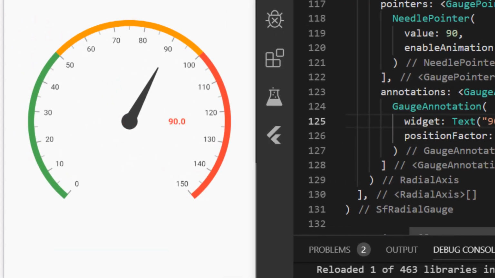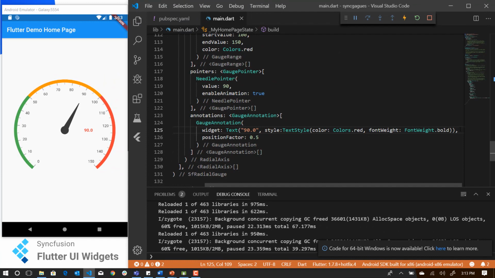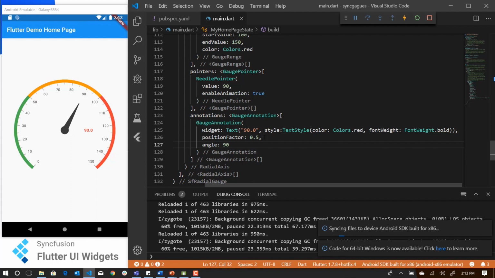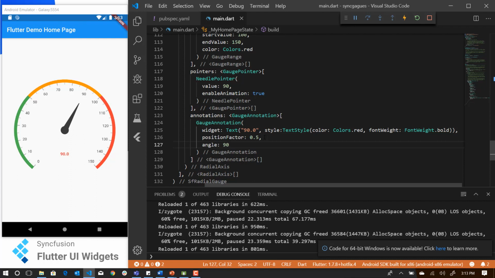So there you go. You can see that the 90 has been placed at the position factor of 0.5. Now I can also place this using the angle property. I'm going to keep it as 90, and I'm going to save it. So there you go. Now you can see that the annotation has been positioned based on the angle and the position factor.